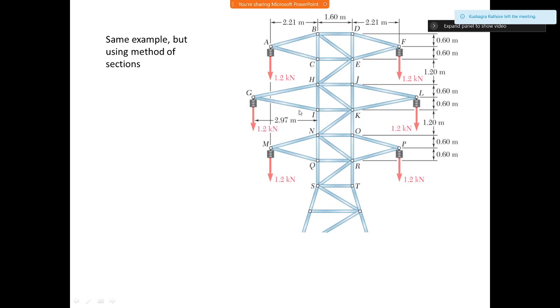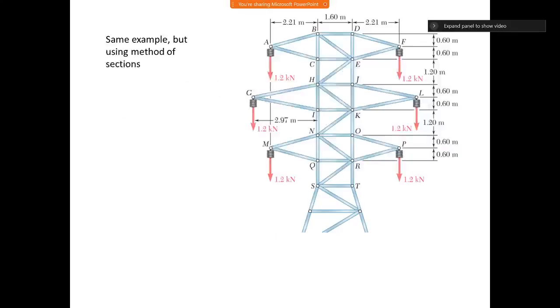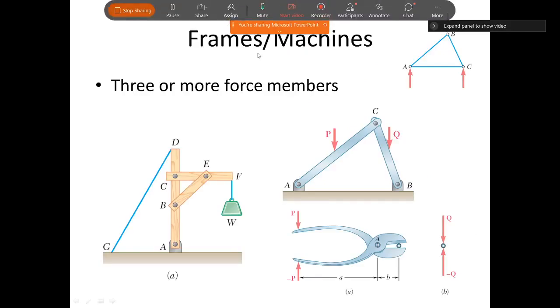Okay, so that completes our analysis for the truss. And so truss had two main methods, method of joints and method of sections, right? So that's about truss. The next topic is frames and machines. So frames, as the name suggests, as we have seen in the definition, have 3 force members or even multiple force members present, right? So for example, these figures,